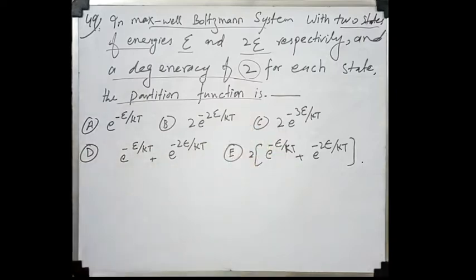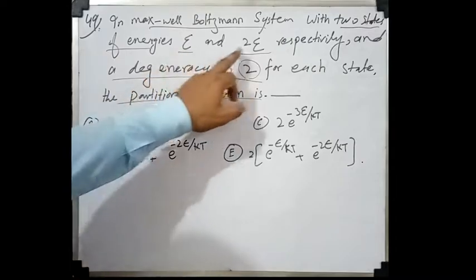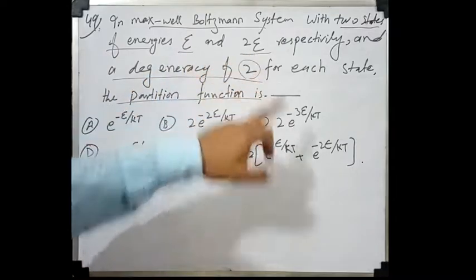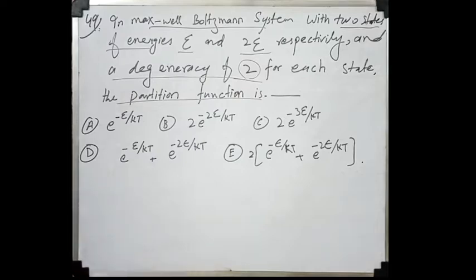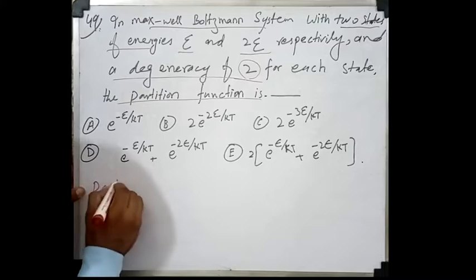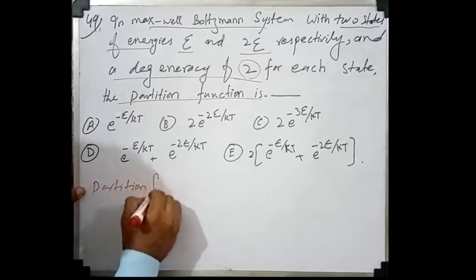We have a Maxwell-Boltzmann system having two states of energy, E and 2E, and the degeneracy for each state is 2. We have to find the partition function. The partition function is given by